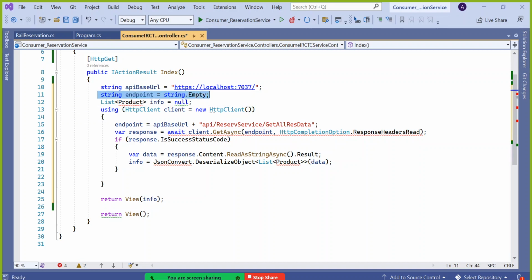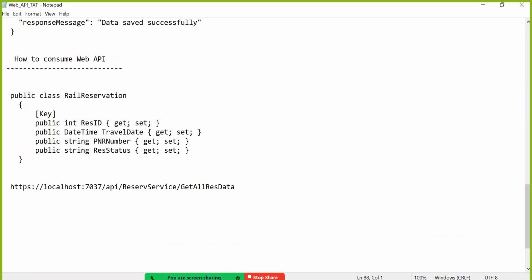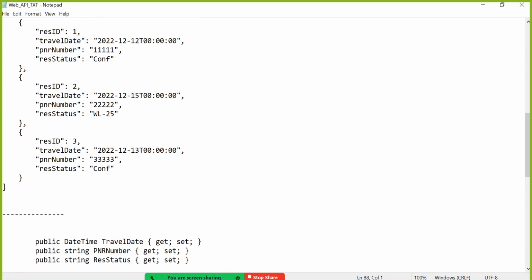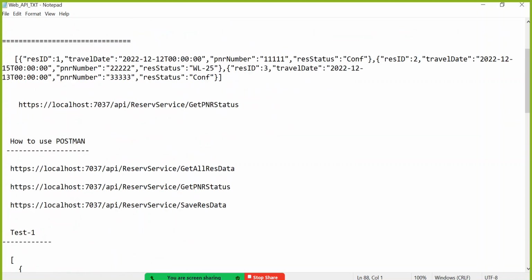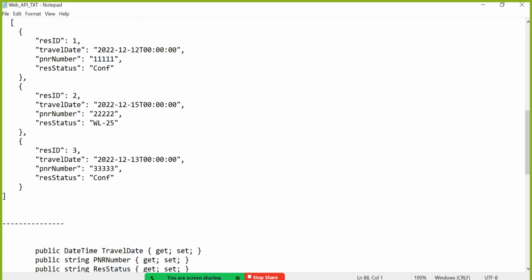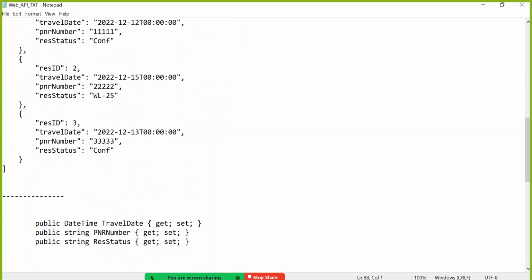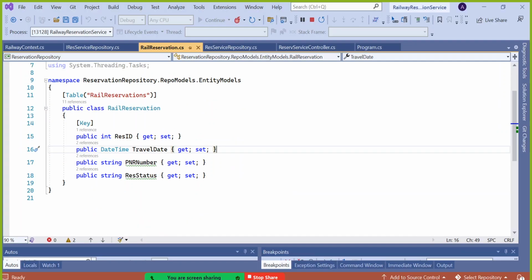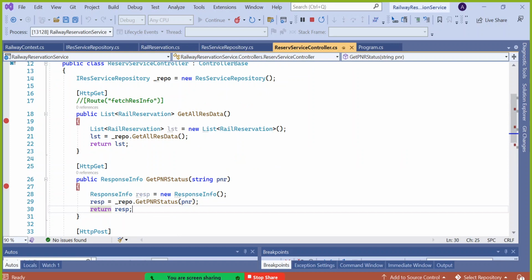Then, the list of what you are going to consume, you check it out. In your API document they might have given that we are sending a list of reservation, rail reservation class. Somewhere they might have written that. Based on their structure and their response, they might have already written it in the API document. So what is the response here? The response is a list of rail reservation, this one, right? That one you have to use on your